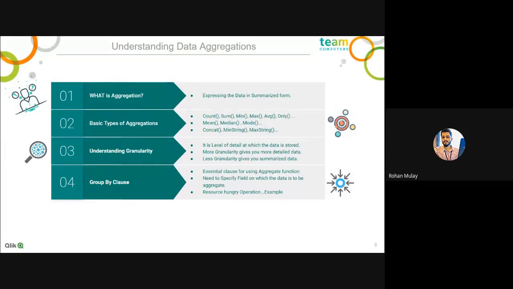Getting into details of aggregations, first we need to understand what granularity is. Granularity of data, you must have heard a lot of times, people saying what is the granularity of data, at what granular level your data is. Granularity is nothing but the level of detail that is there in your data. So as a data analyst, first we need to understand the raw data and the granularity of data.